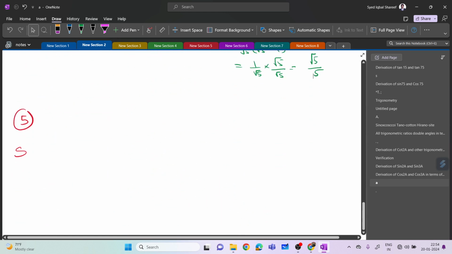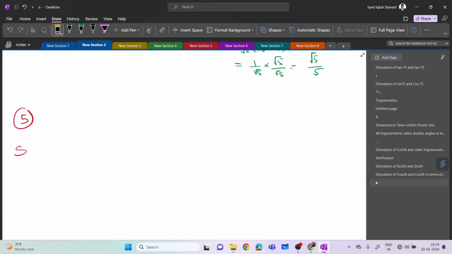Problem number 3, one more problem. Problem number 4. We'll go to problem number 4. What is problem number 4? Let me see. We will select this problem. So show that (4 plus root 15) to the power of 3 by 2 plus (4 minus 2 root 15) to the power of 3 by 2,